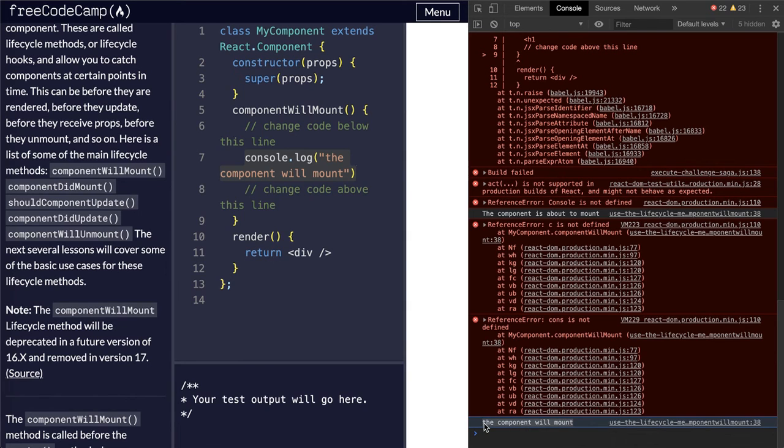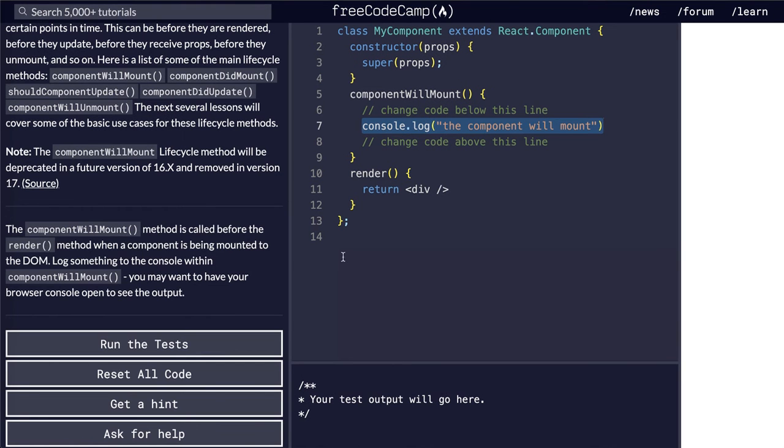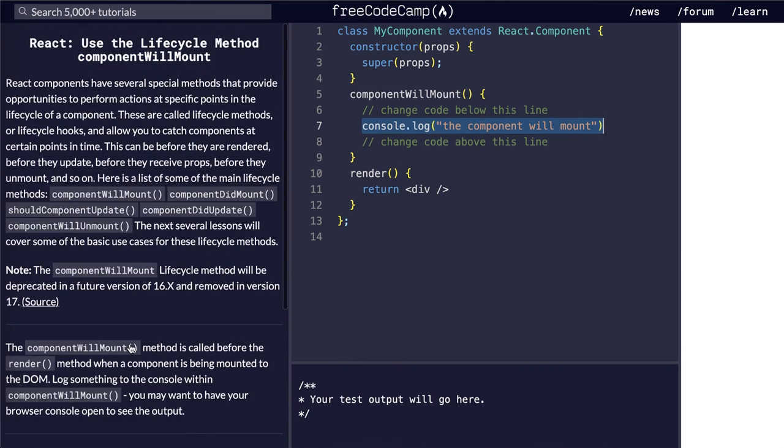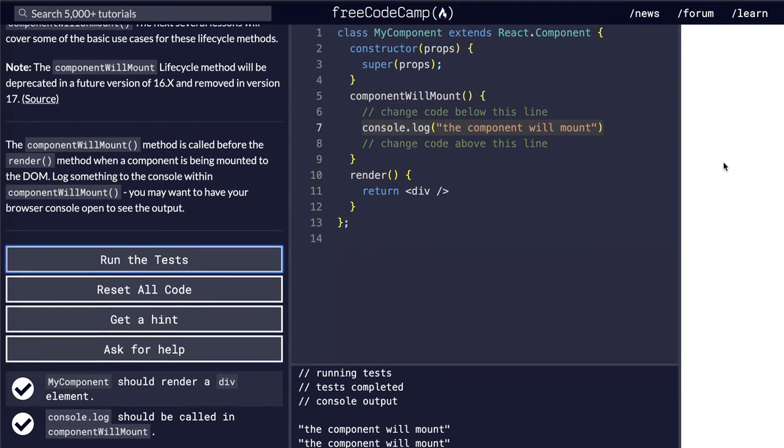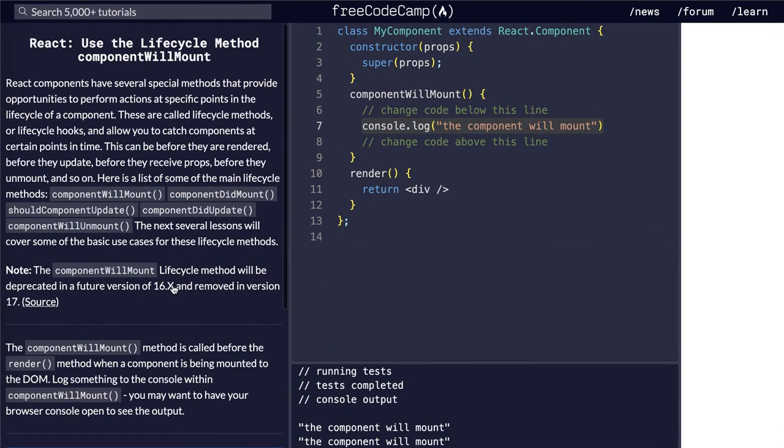Alright, cool. So basically what this method does is execute whatever code you put in this method. It will execute before the page has been rendered. Alright, okay, cool. So let's see if our test passes. Yep, here we go. And yes, it does. Alright guys, I really hope you understood the concept of how to use a lifecycle method,